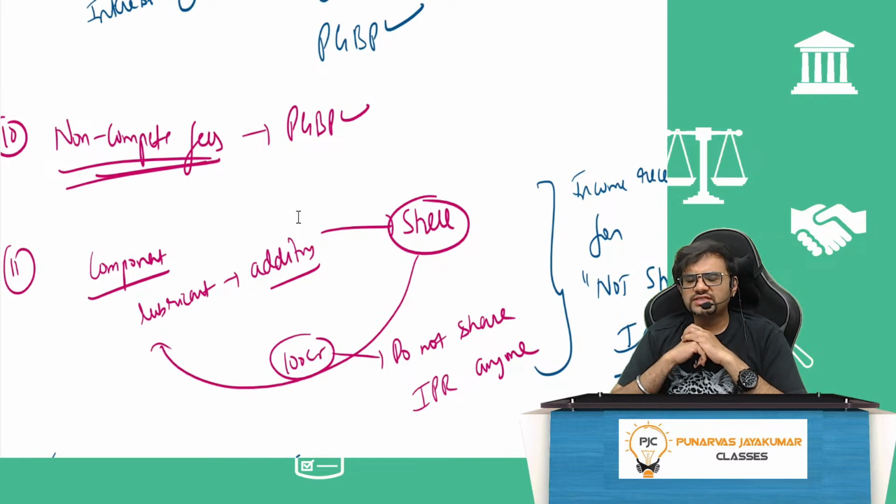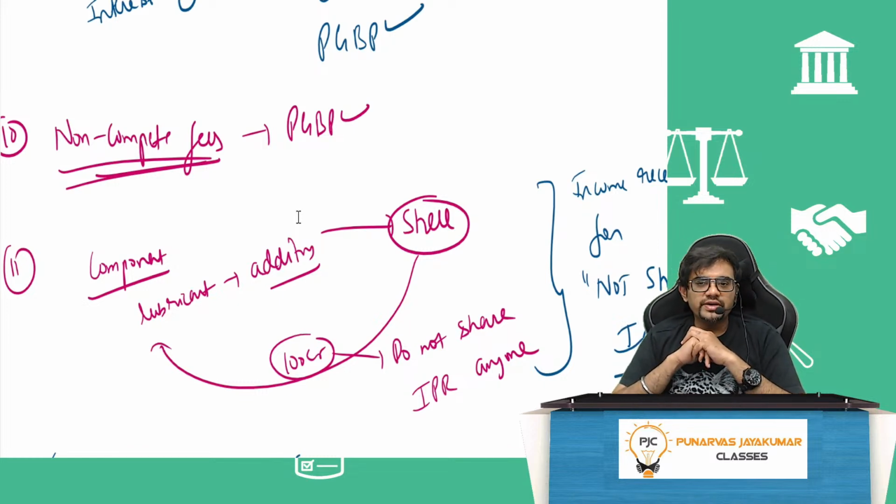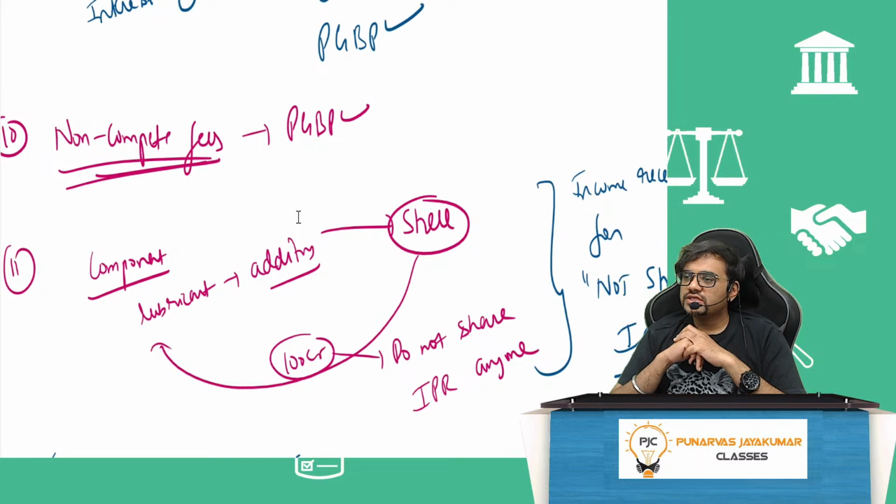That means that, let's say I am a chef in a 5-star hotel. I know all the secrets of that 5-star hotel, all the secret ingredients, everything I know. Today I am leaving that 5-star hotel. The 5-star hotel will make me sign a non-compete clause saying that please do not go and spill all the secrets everywhere else. And you cannot work in any other 5-star hotel for these many months, these many years. Initially only they would be having an agreement like that. They'll compensate me also properly. And they give me that compensation. Is that PGBP? Yes. Non-compete fee of a professional is definitely PGBP. Very, very simple.